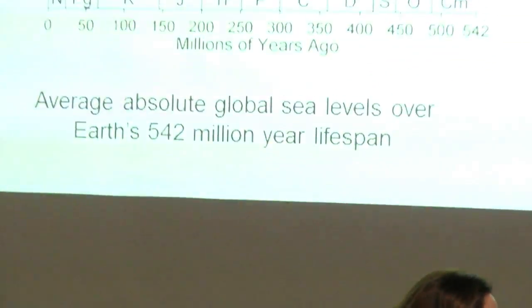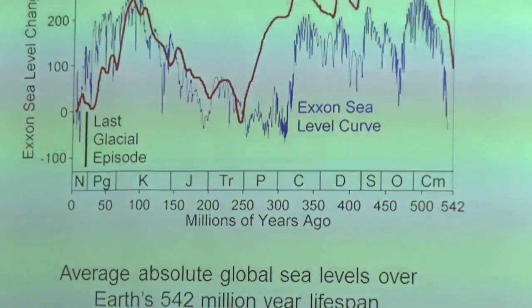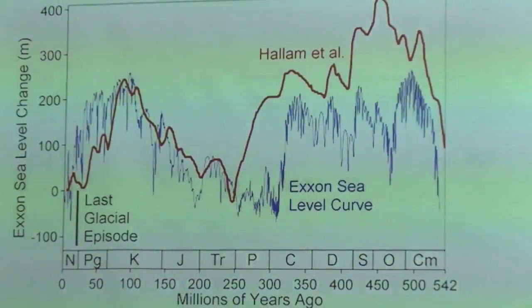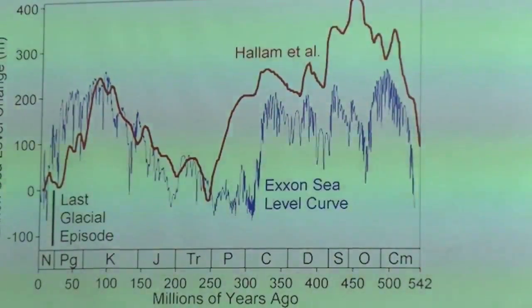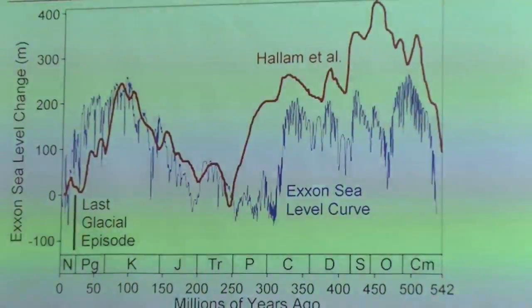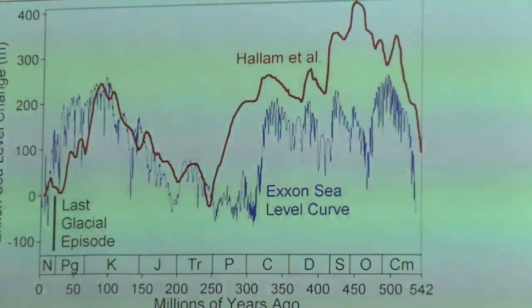But weren't sea levels a lot higher for most of time on Earth? Some people will say we shouldn't worry too much about sea levels rising because for most of Earth's history, 542 million years, sea levels have been 50 to 200 metres higher than present. So here we've got present at this end of the graph, humans, Homo sapiens appear about here, 542 million years, a lot higher sea levels for much of that time.